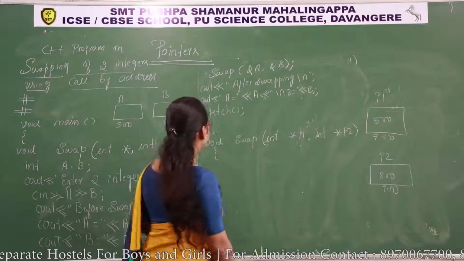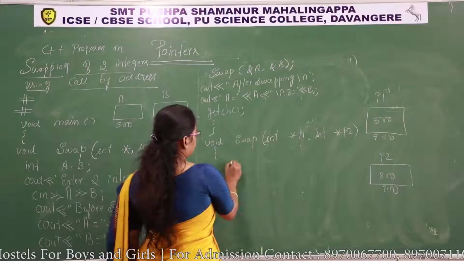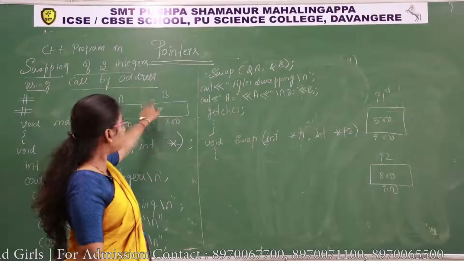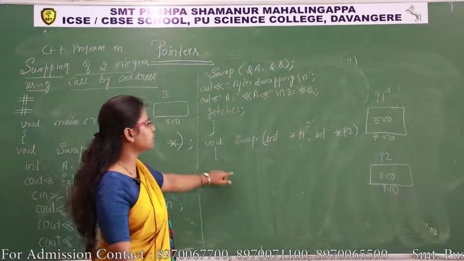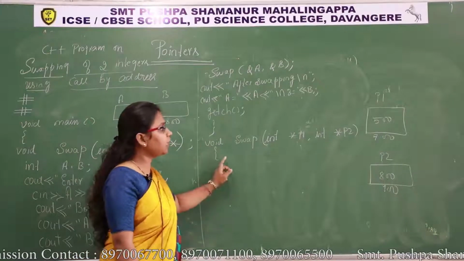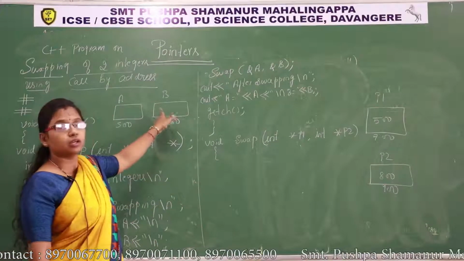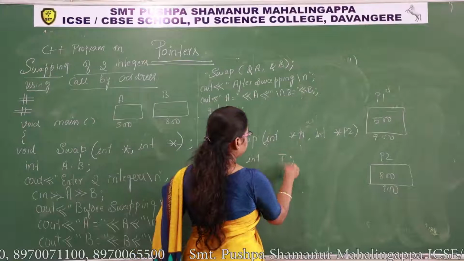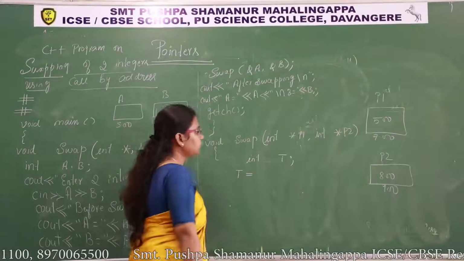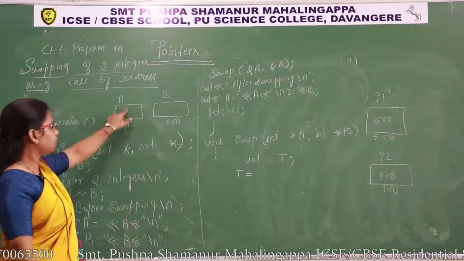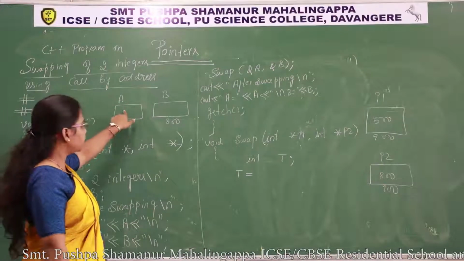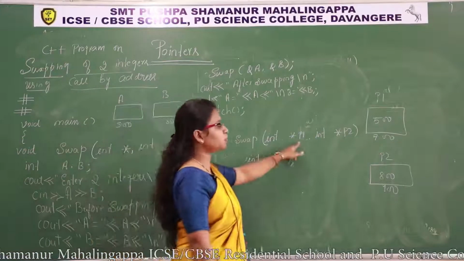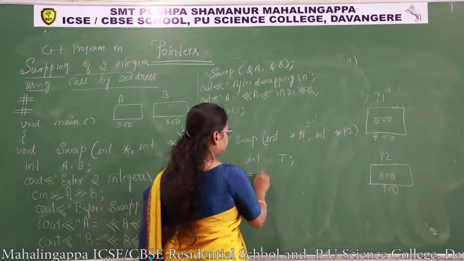Understood? Now we are going to swap values of a and b. What is the alternative for a here? Star p1. So finally I am going to swap the integers. So we use a temporary variable here, int t. t is equal to, first I want to store the value of a. Let us assume some value, 10. The value of a has to move to the temporary variable, but I should not use a here. I have to use p1. How to write? Star p1.